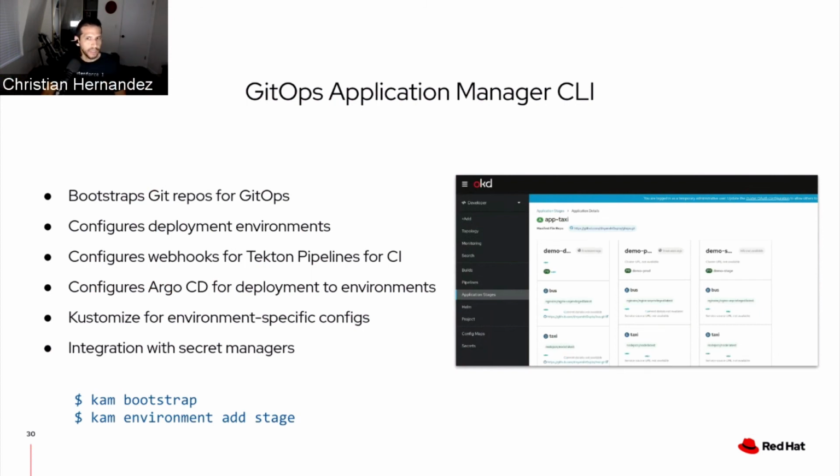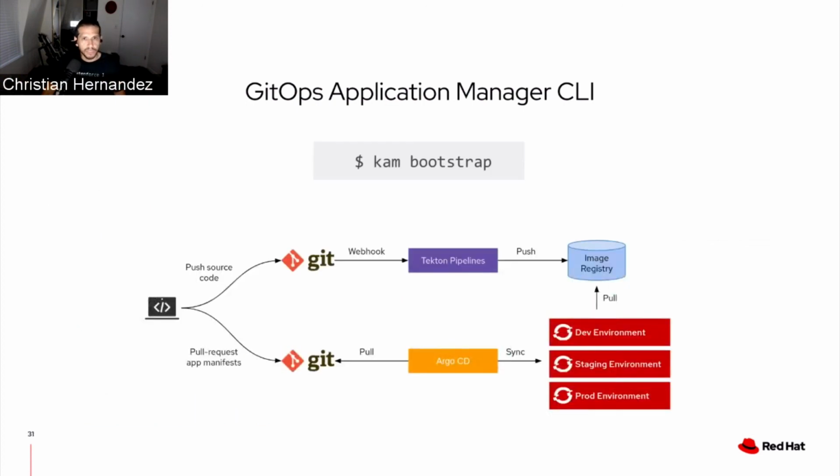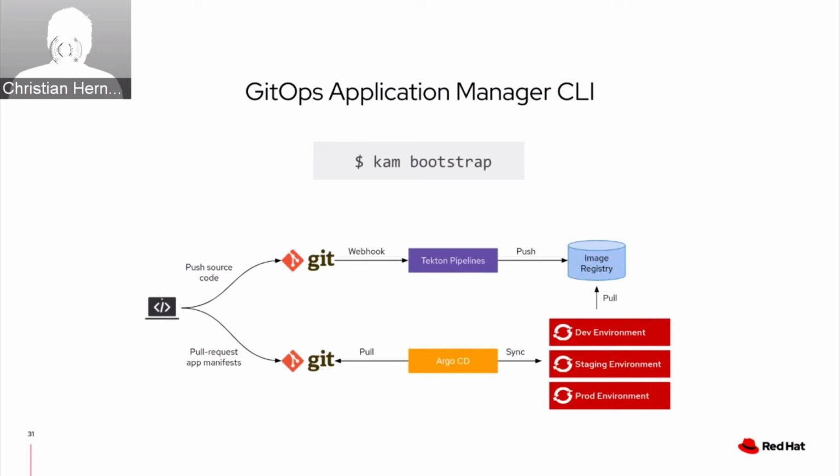The idea here is that this takes... I'm already on the next slide. It takes a while because of the animation. There we go. So when you do a kam bootstrap, essentially it will connect to your Git repo and look at your source code. It'll create another repository for your application developer, for your deployment manifests, and it'll build this whole CI/CD system from the get-go. Right now it's dev preview, tech preview. It'll be out around the 4.9 timeframe. We're still ironing out a few bugs, but if you